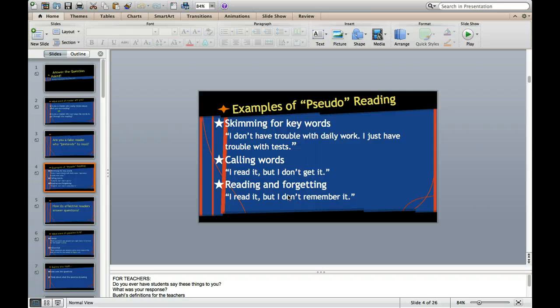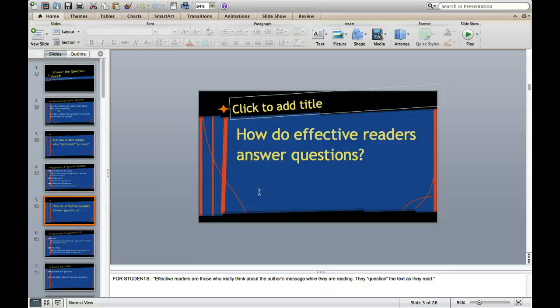So the way around pseudo reading is to read slowly and carefully. If any of these apply to you, then you have this issue. Like if you do okay in your homework, but you don't do well in tests. If you read it and then you're like, wait, I have no idea what I just read. Like, I don't get this. Or if you read it and you're just like, okay, yeah, I have no idea what I just read. Like, I just kind of said the words. So what we're going to talk about really briefly today is how to do well in your QRI and get around these problems.